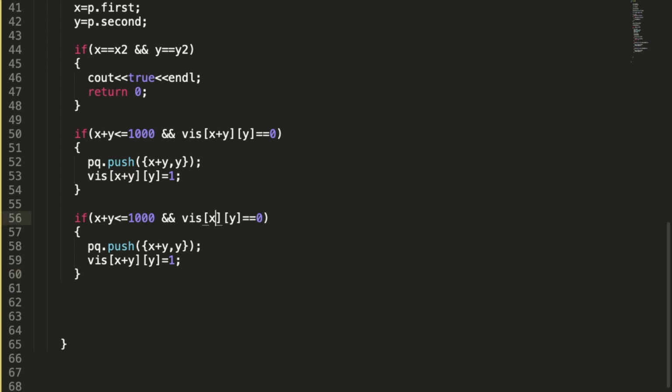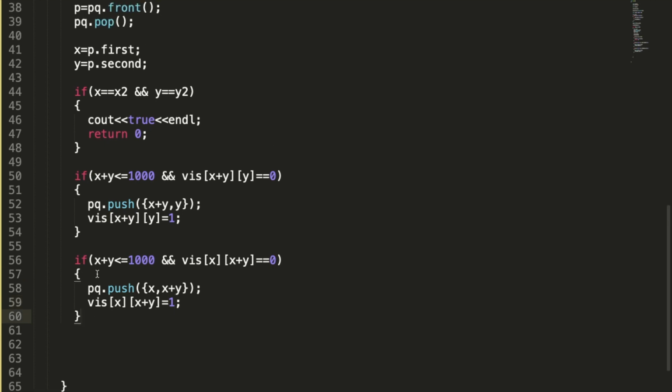The second condition is that visited of x comma x plus y should be equal to 0. It means the point x comma x plus y should not be revisited again. We have to reach every point only once. So if both conditions are true, I'm going to push x comma x plus y, and mark x comma x plus y as true.